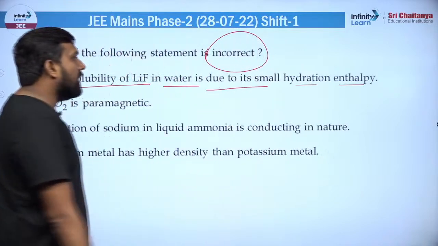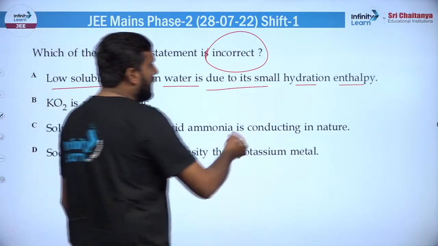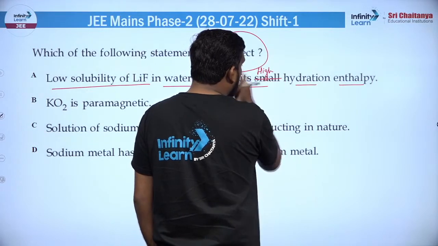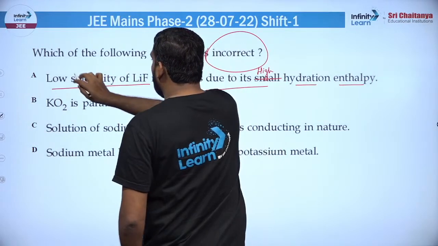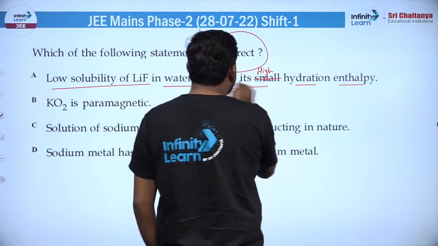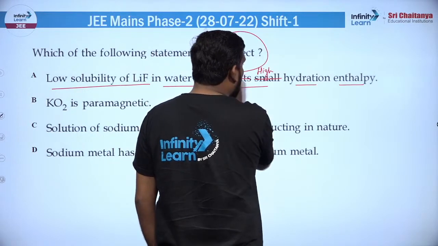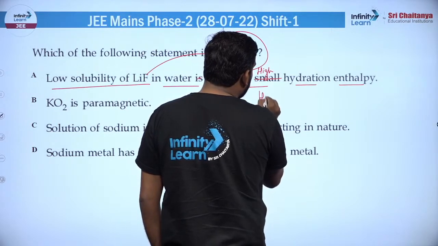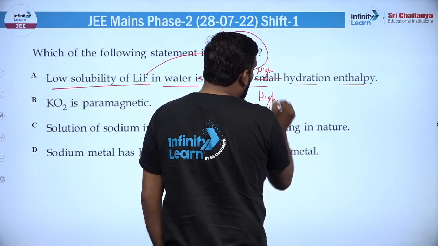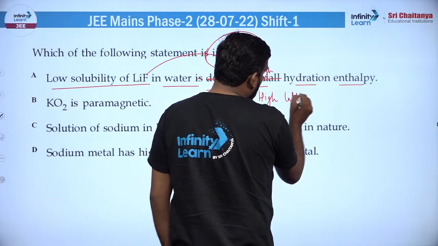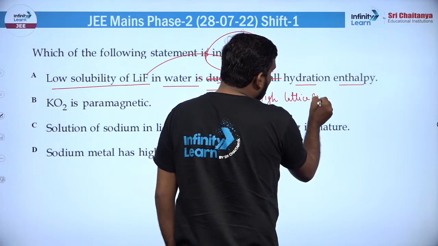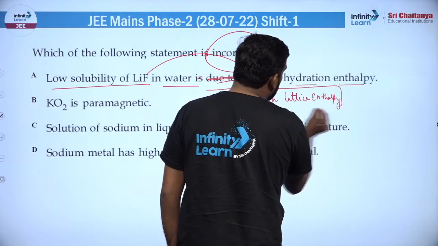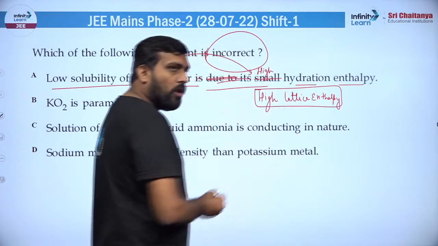बिल्कुल गलत है ये, इसलिए होता है, स्मॉल नहीं, पहले बात तो इसकी हाई हाइड्रेशन एंथैल्पी होती है और ये सॉल्युबल होते हैं, ठीक है। लो सॉल्युबिलिटी LiF की जो होती है ड्यू टू हाई लैटिस एंथैल्पी होती है, ठीक है। और हाई लैटिस एंथैल्पी जो है ये बेसिकली पूरा गेम बिगाड़ देता है, क्योंकि अगर लैटिस टूटेगा नहीं तो वो डिसॉल्व होगा नहीं, ठीक है।